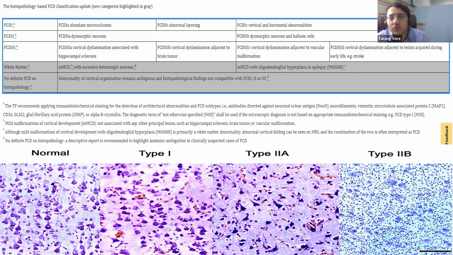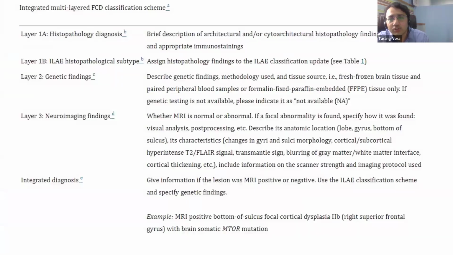And sometimes the specimen looks so normal, we are not able to say why it was causing a seizure, but then the pathologist may identify some subtle changes and they come up with some new terminology to suggest why this case was producing a seizure. When a pathologist reports something, the reporting is on three aspects now. One is the histological diagnosis, the second is the subtype, third is the genetic finding. Genetics and molecular diagnostics is coming in a big way in epilepsy. We are sending the specimens for analysis to look for different types of somatic mutations.